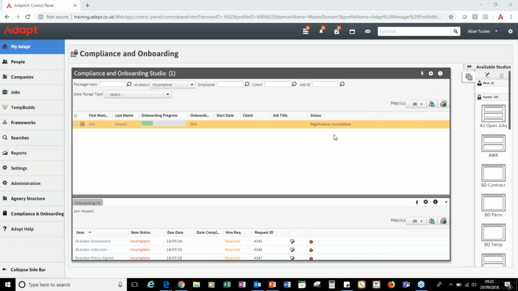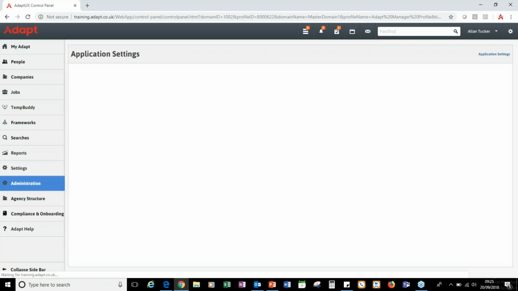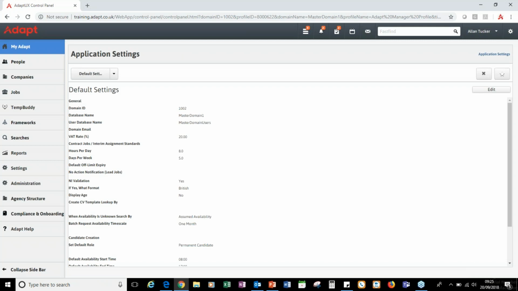The first piece of extra functionality to take you through is within the Administration menu, and we're going to look at Application Settings. In this particular section, you can set defaults to happen throughout your system. And on this first page, I'd like to point out that you can change the VAT percentage, the hours per day and days per week on contract jobs,